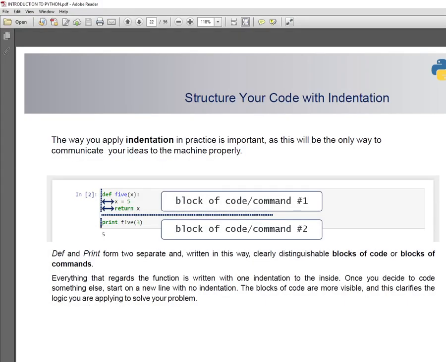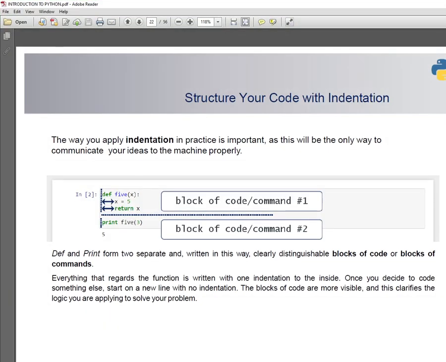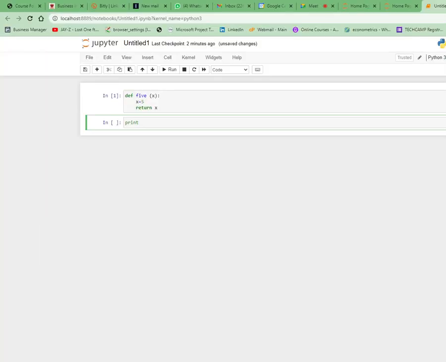I think the most important part here is when to use print and return. If you print, what are you printing? You will print the object that you have just created, which is a function. And what's the name of that function? We gave it the name 5. And assuming x takes an argument of 3, then basically it will be